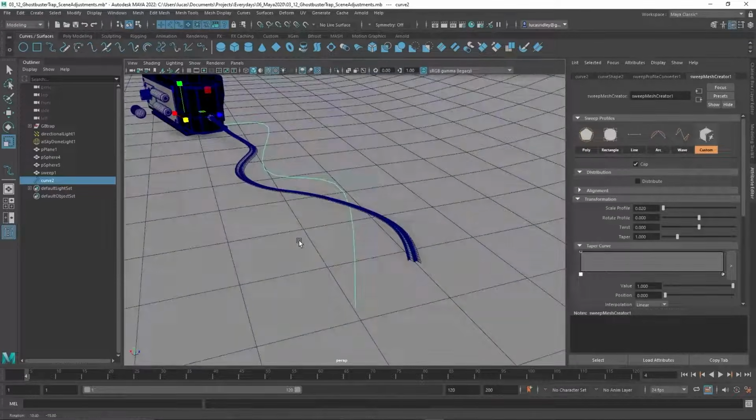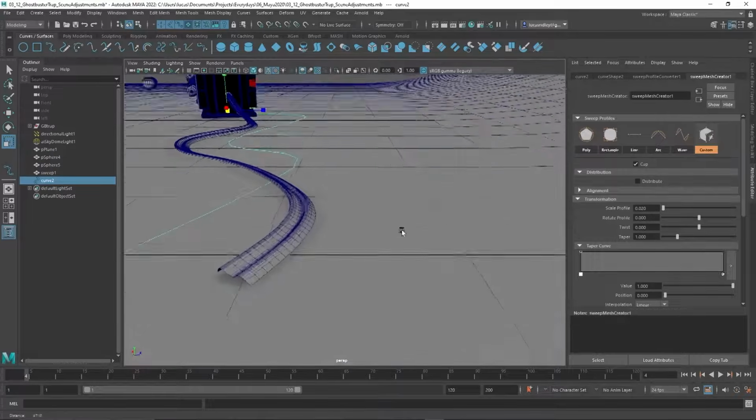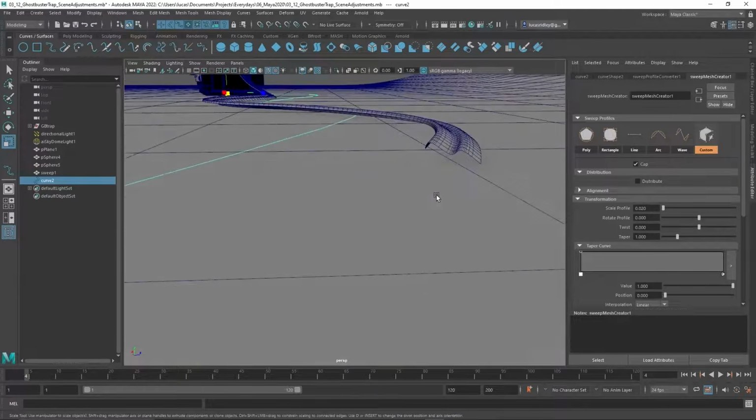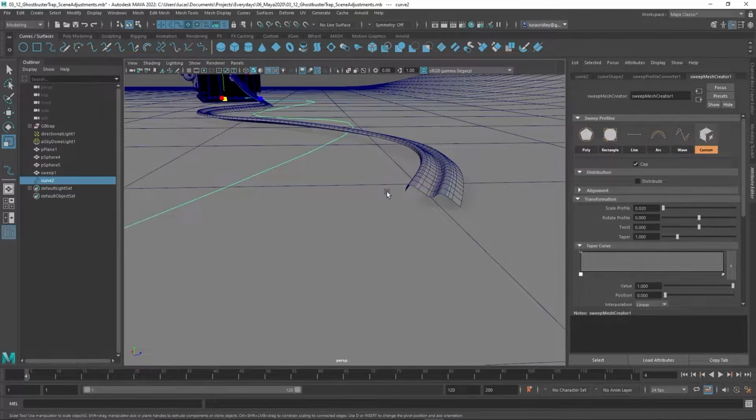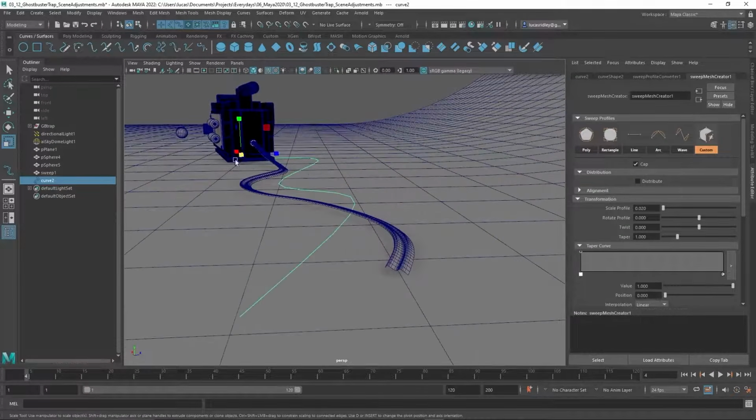I think this would be great if you're doing corner trim in a room and you're modeling a room or something. It'd be a great way to get custom trim swept along a curve instead of using the old extrude method. So I'm really excited to use this in my next projects.